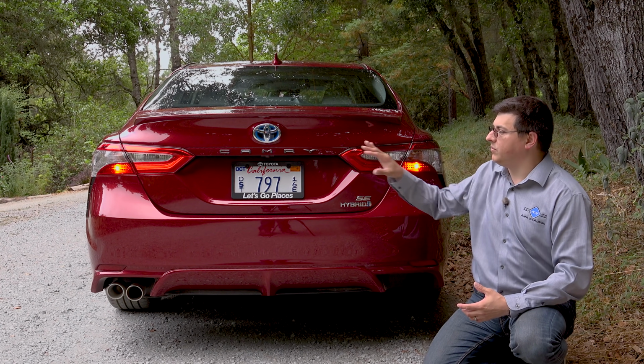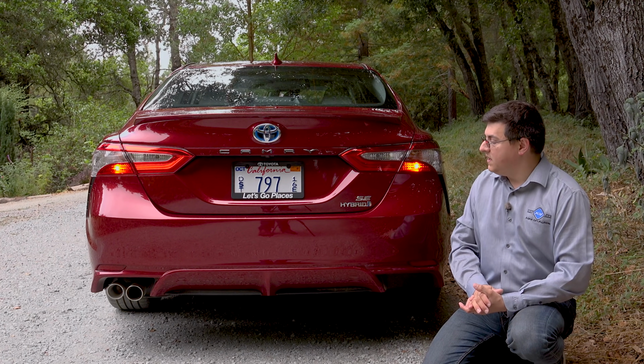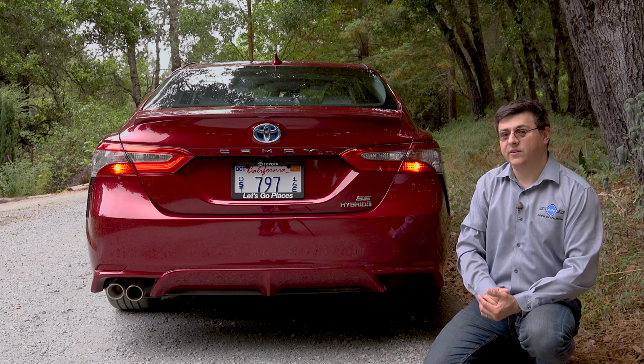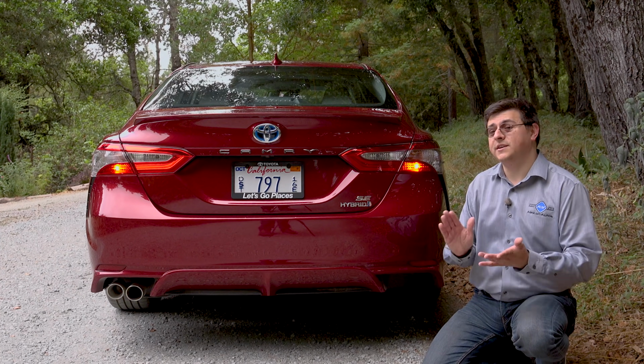It looks a little bit more like the previous generation Camry, but it's still obvious that they were after a sporty mission with this model. The SE Hybrid trim, which is what we're driving here, has twin exhaust tips over there on the driver's side, and if you get the XSE with the V6, then you actually get quad exhaust tips for the first time